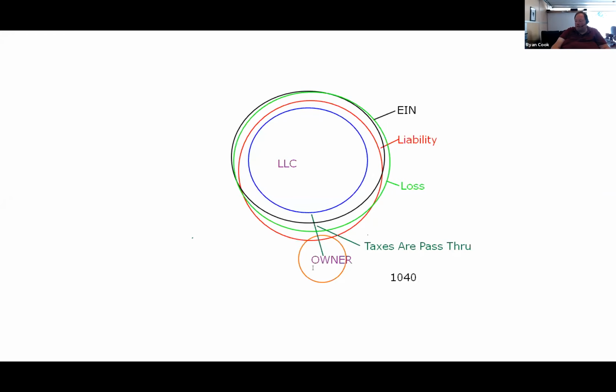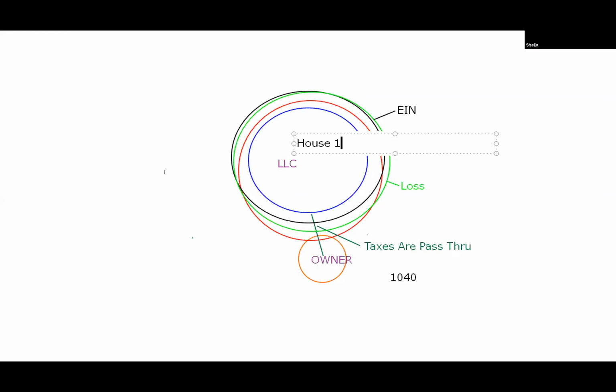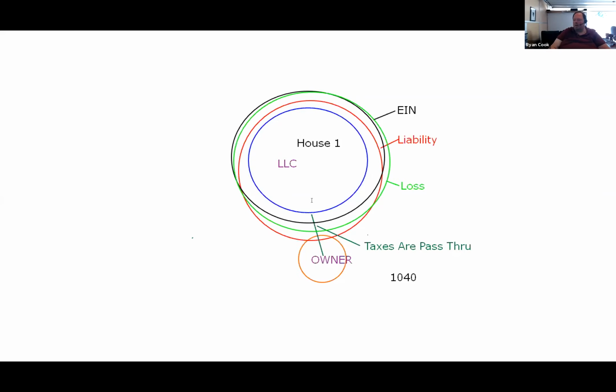Now, the owner, like I said, can be a corporation. This is 100% owned by him, okay? And it can still be treated like a sole proprietorship for that corporation. They may own 100% of it and they just want to pass it through. Remember, if they own an asset, this is how you would lock up an asset. A corporation, you want to protect yourself, right? Think about what this does. Think about this structure. This is house one. Back to what we were talking about, this is house one.